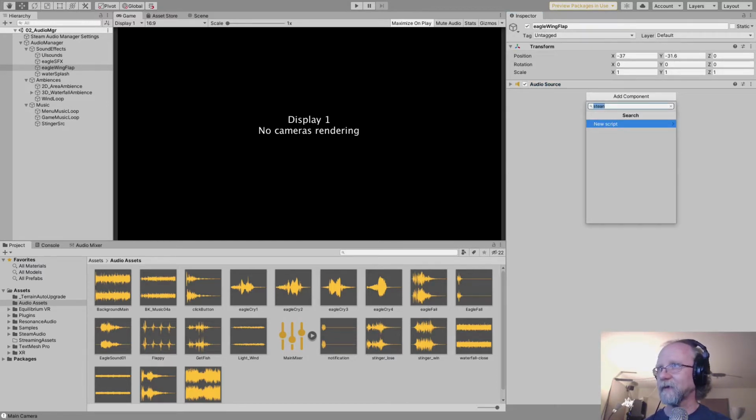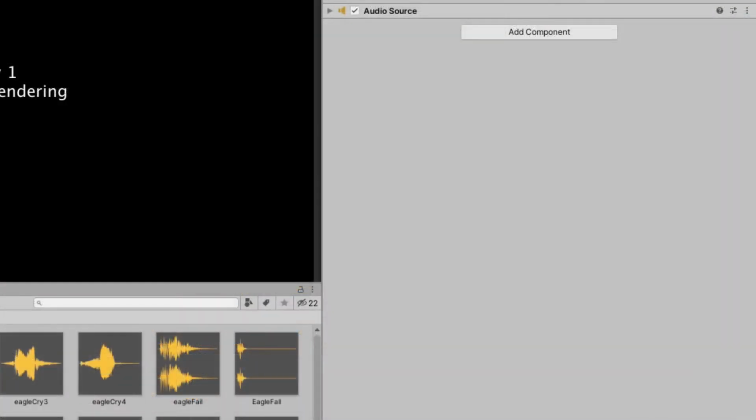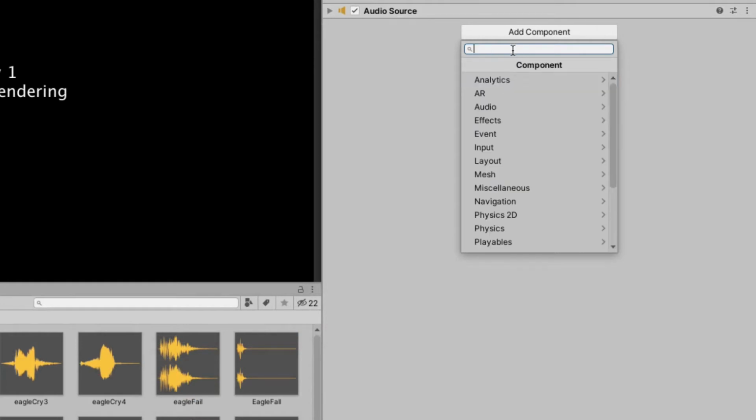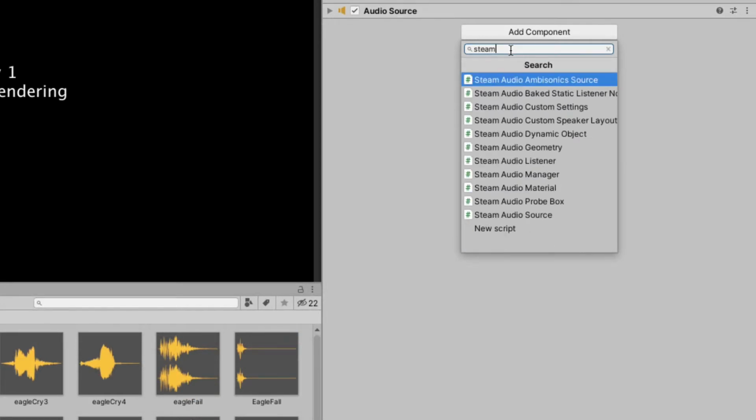Now we can go to our inspector view, and we'll see something there. Cool. So we go Add Component. We could type Steam. I think I didn't type the right word here. I think I typed Steam. Then there are lots of different options, and what we're looking for is Steam Audio